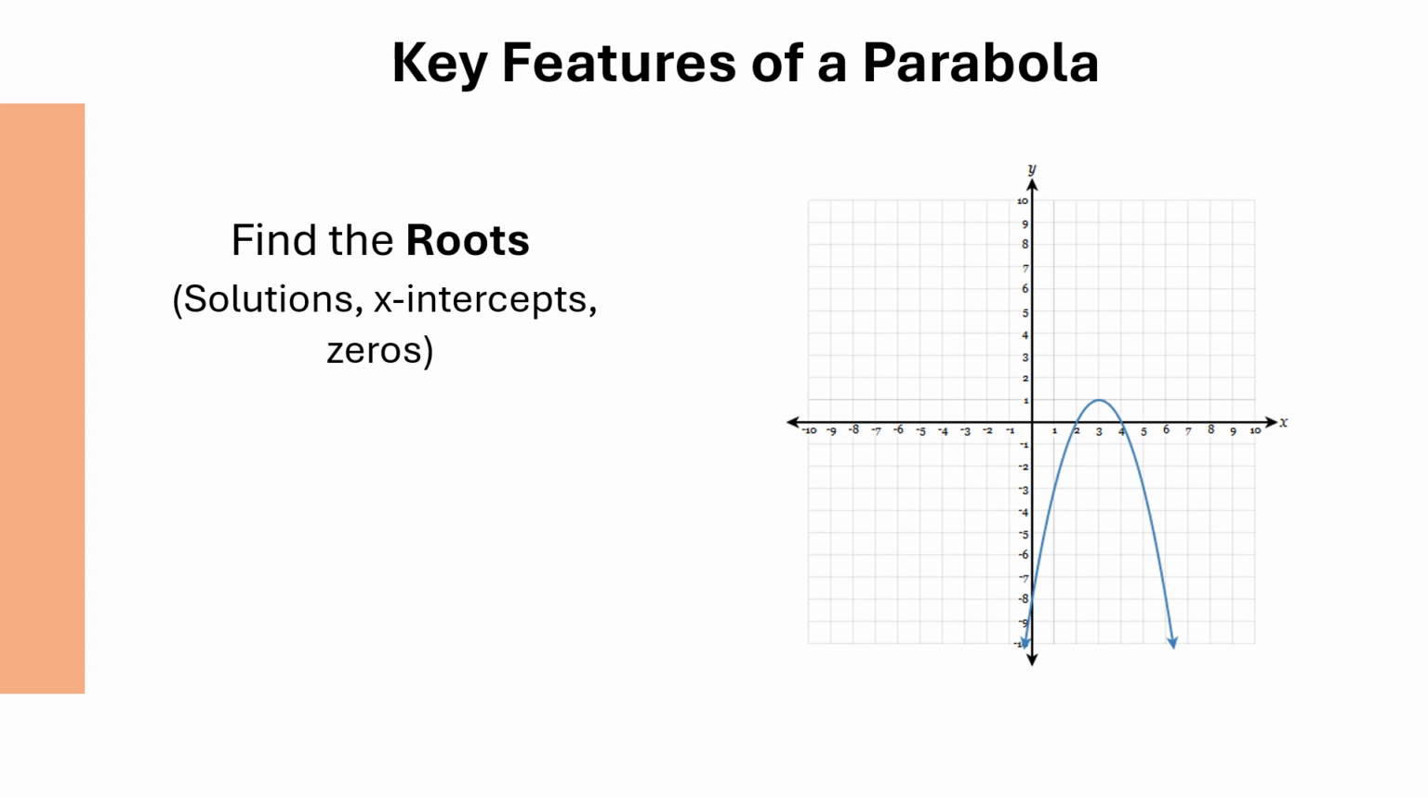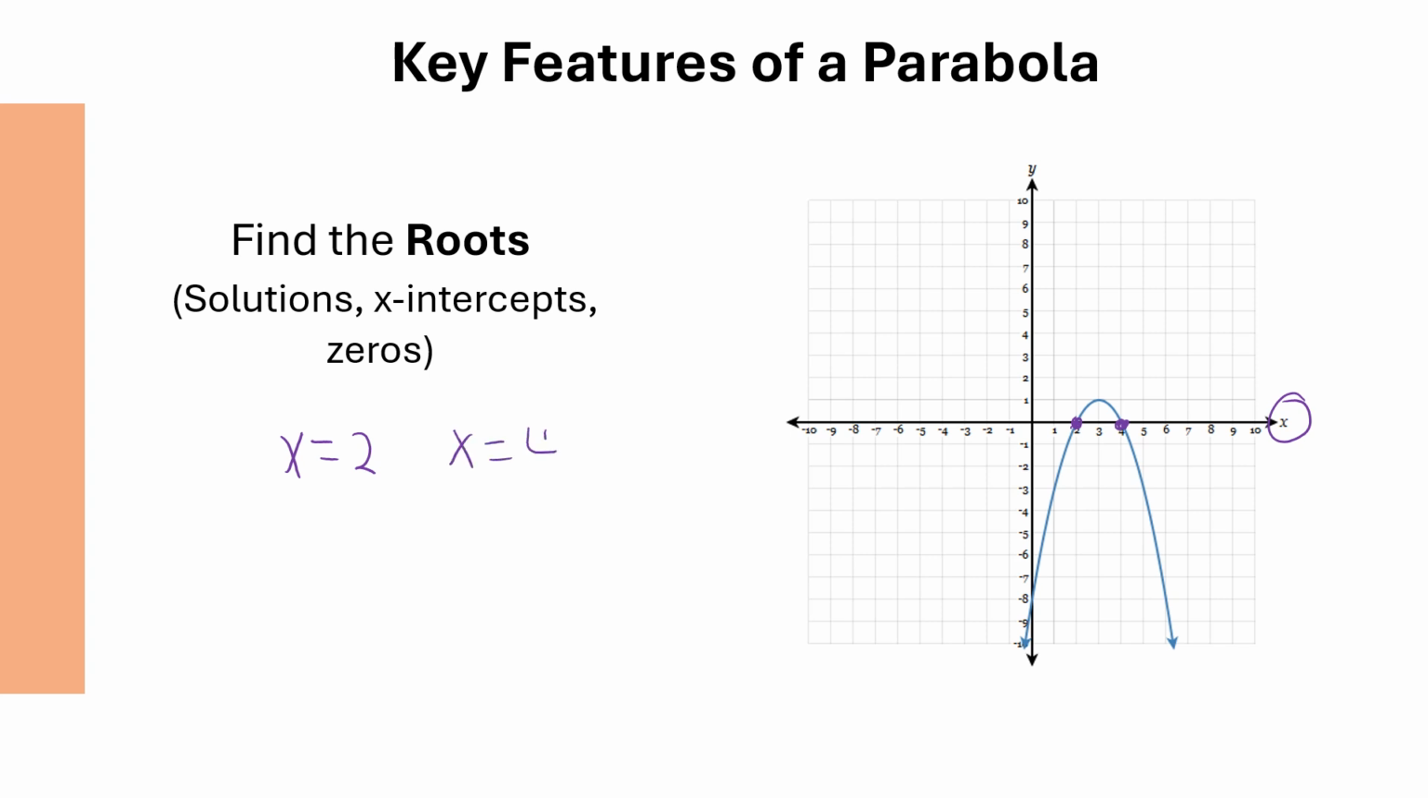In this video, we are going to go over all the features of a parabola when it opens down. To find the root, you want to locate where the graph crosses the x-axis. So for this graph, it crosses at 2 and 4. So therefore, the roots, also known as the solutions, the x-intercepts, and the zeros are x equals 2 and